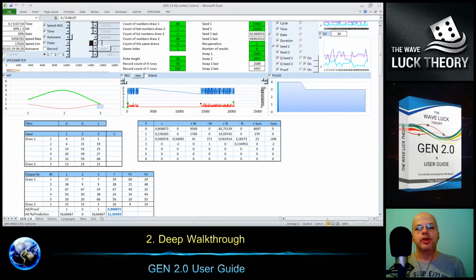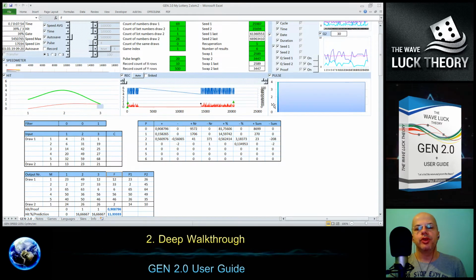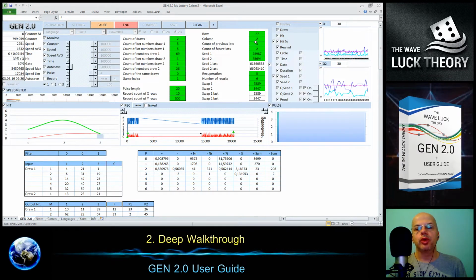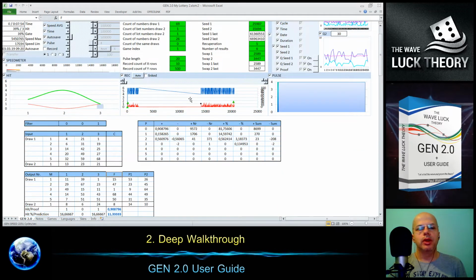So this value is adjusted according to the number of last draws and the future ones, and the same value is here. So everything is related across the different settings. These two values, this one will change automatically according to the count of previous draws plus 1. So I think I was able to say everything about the pulse function. I will switch it off, and then we focus on the record. I just disabled it to show you how it looks.